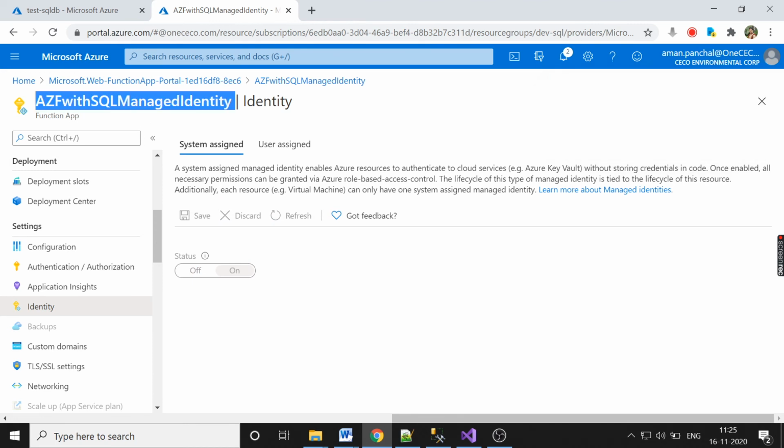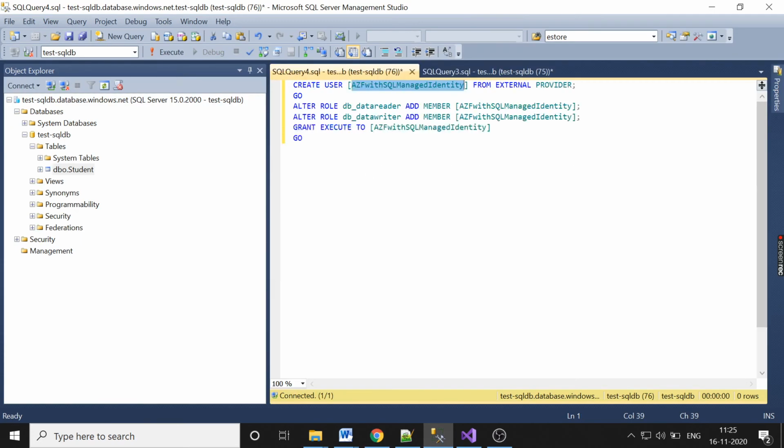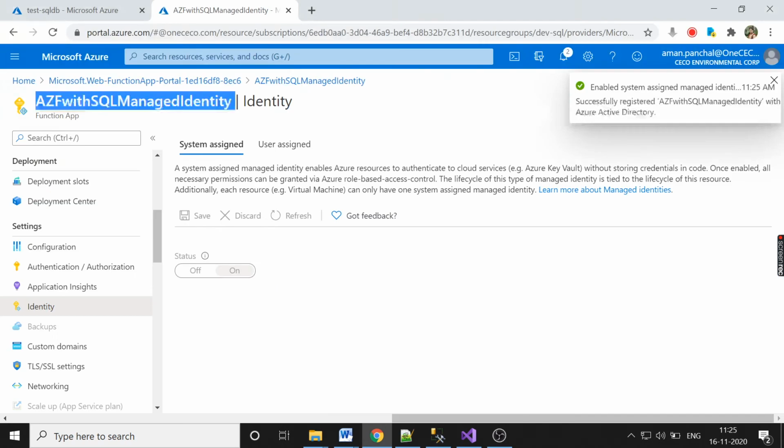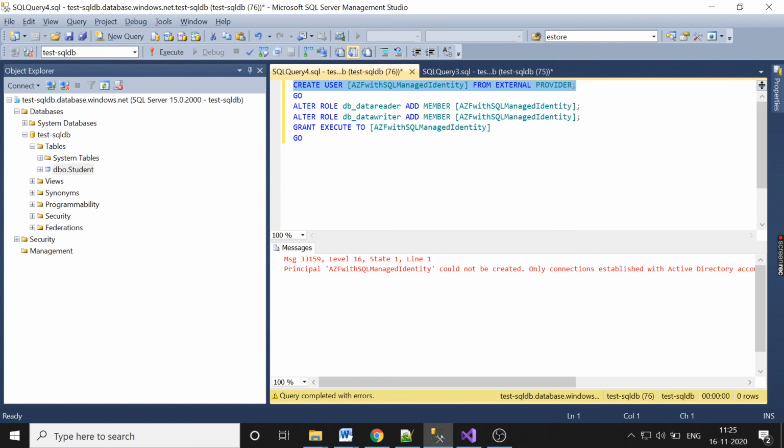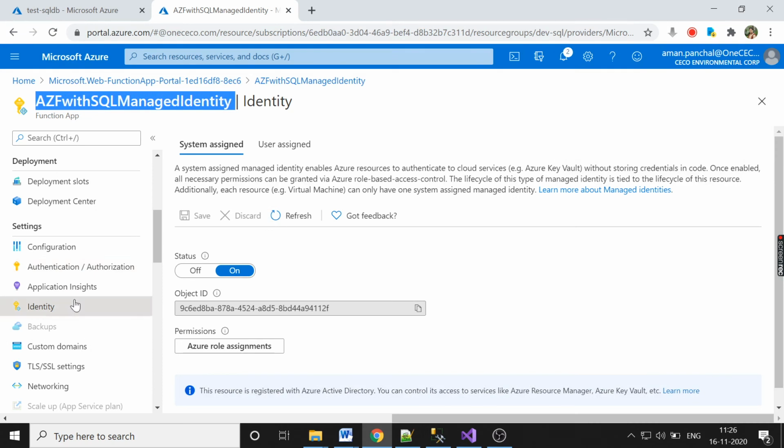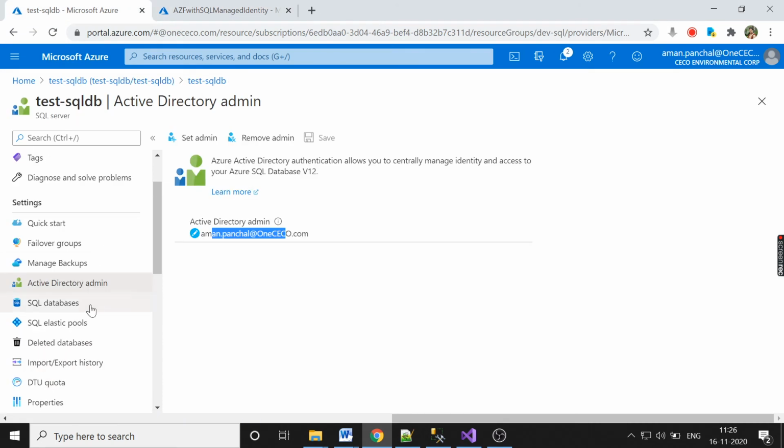Once I have saved it, I have to create an identity principal in my Azure SQL. With the same function app name, I have to create a user. Let me run this.